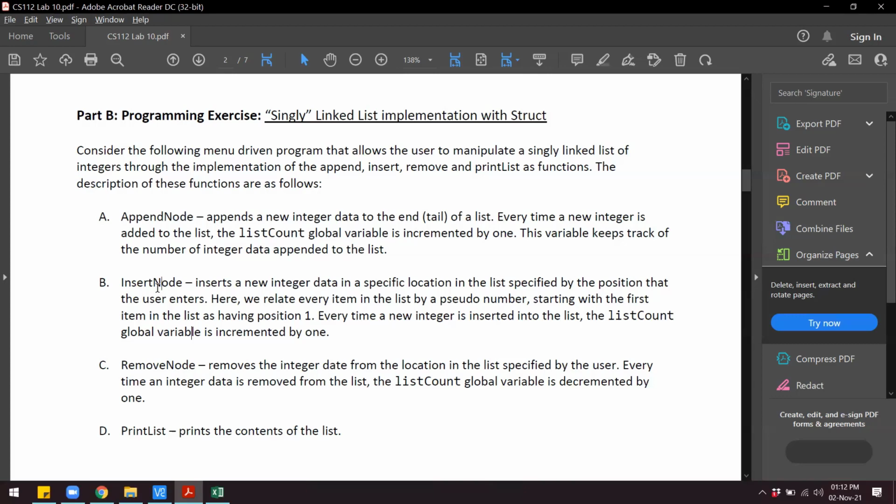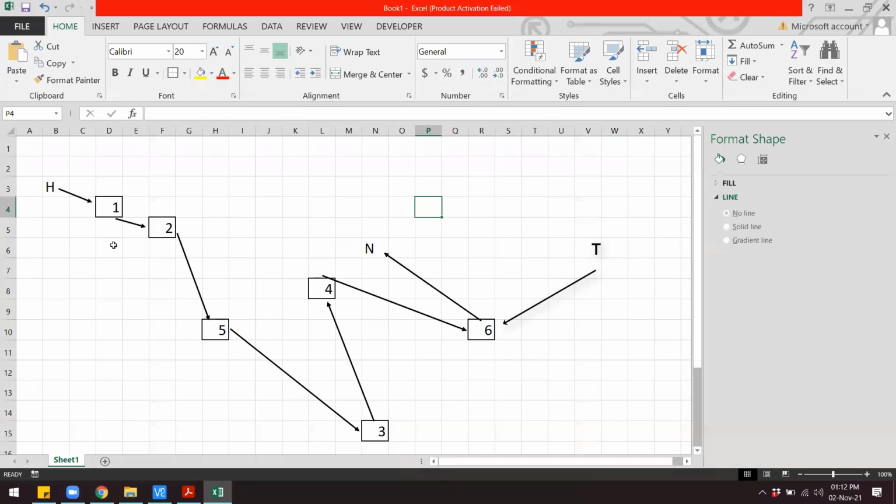So what this is basically saying is that every node over here will be addressed according to their positions. Let's say the first node will be indexed as number 1. So this is 1, 2, then we have 3, 4, 5, then 6, right? So we are not referring to the nodes by what is inside the node, but by their position in the list.